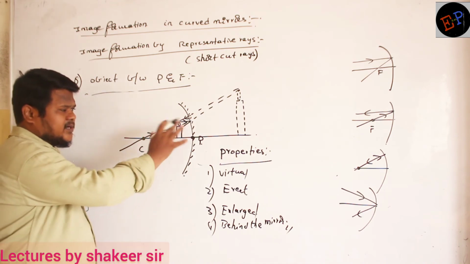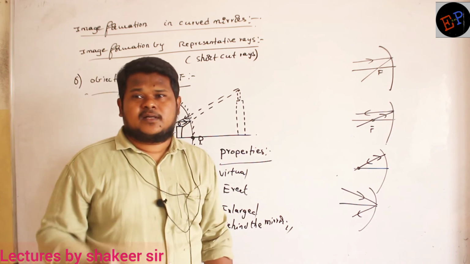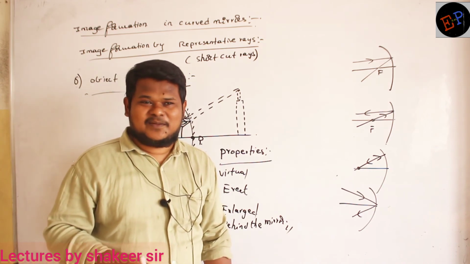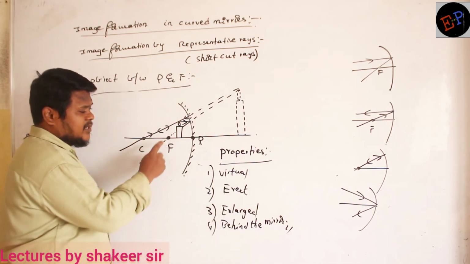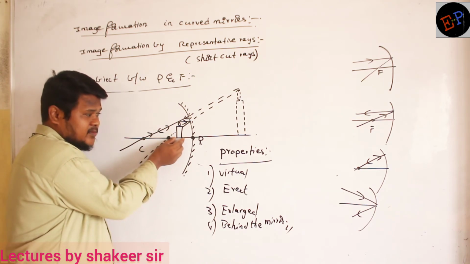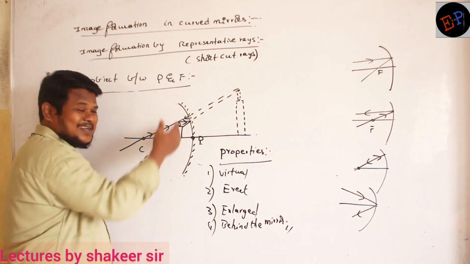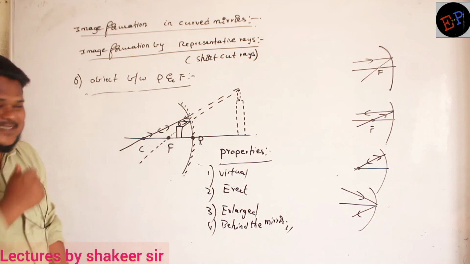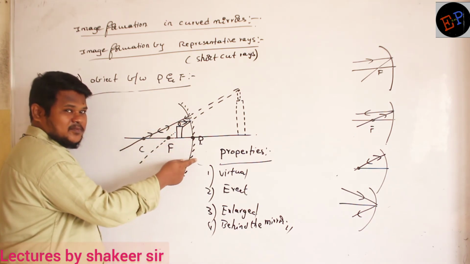See, ma, this property of the concave mirror is used by a dentist. If your teeth are damaged, you have to go to a dentist. Then what a dentist does is place your tooth between the focus and pole of a concave mirror. He will place the mirror such that your tooth is present between the focus and the pole.